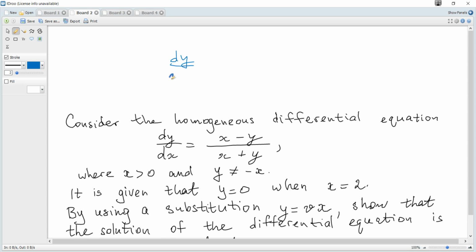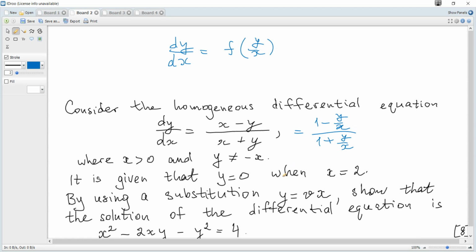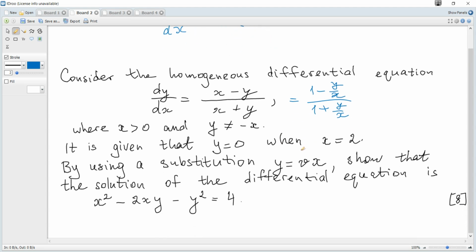dy over dx is a function of y over x, here if we divide each term in the numerator and in the denominator by x, we get that it becomes 1 minus y over x divided by 1 plus y over x, and you can see that dy over dx is a function of y over x, and such a differential equation is called homogeneous, and it can be solved using the substitution y is vx, where v is some function